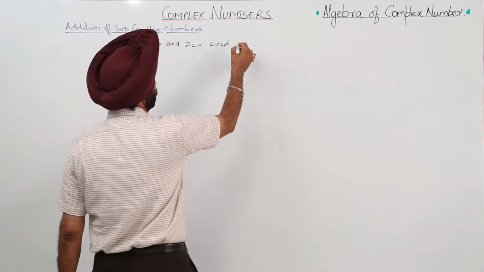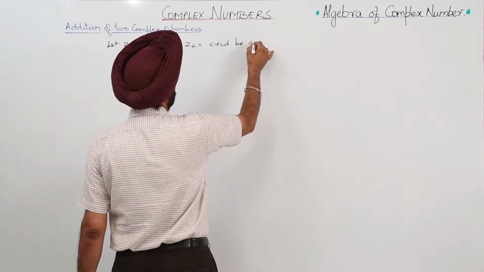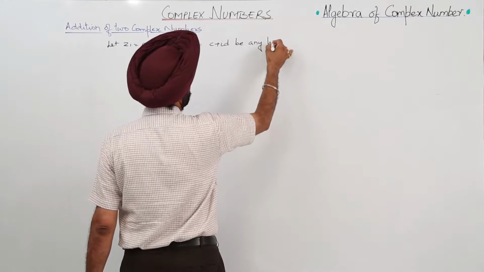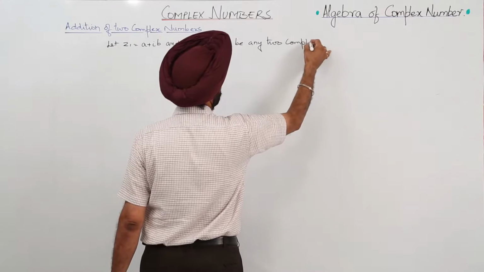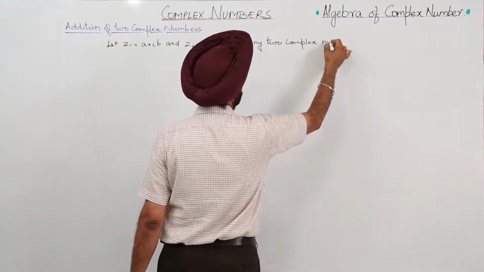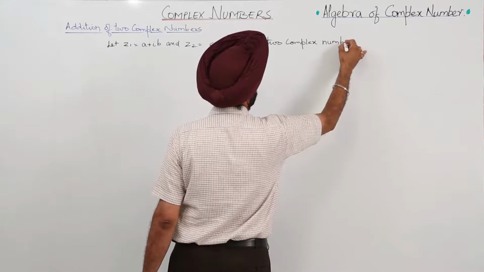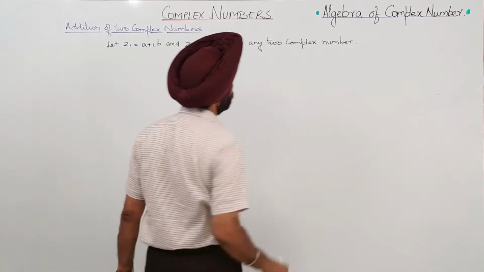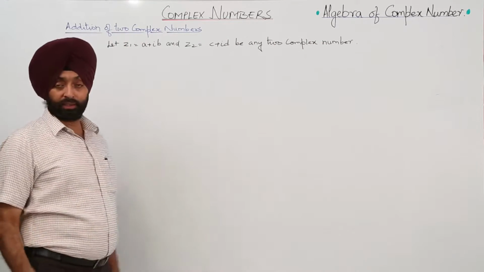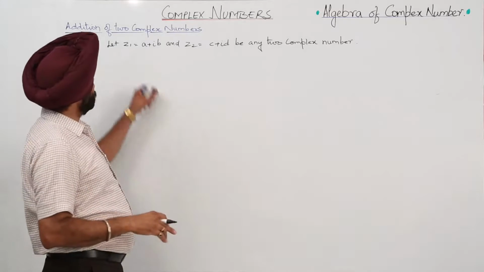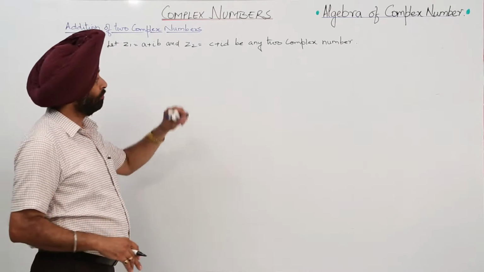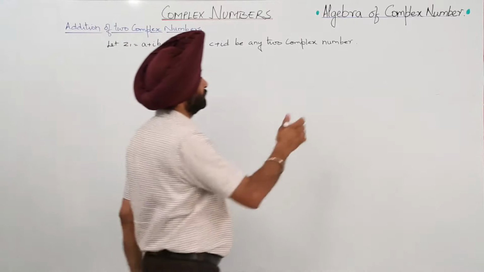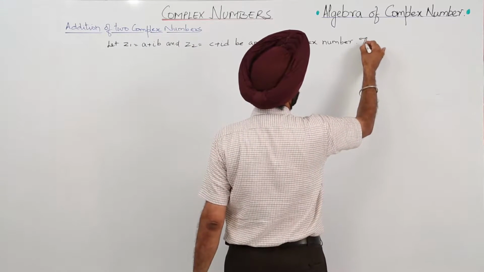Be any two complex numbers. Now we are having z1 and z2. We have just taken any two complex numbers. Now z1 is equal to a plus iota b and z2 is equal to c plus iota d, be any two complex numbers, then